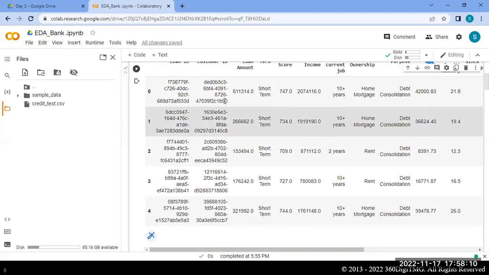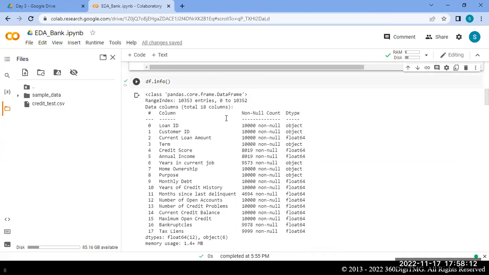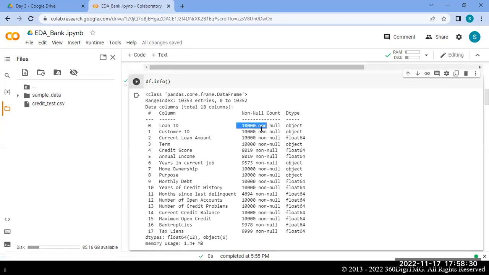So that is the head function; it gives you all these details. Now I'm simply checking the info. If I check the info, what kind of details does it reveal? What features we have, what kind of data types, and whether we have any null values or not. It seems we have 10,000 entries.